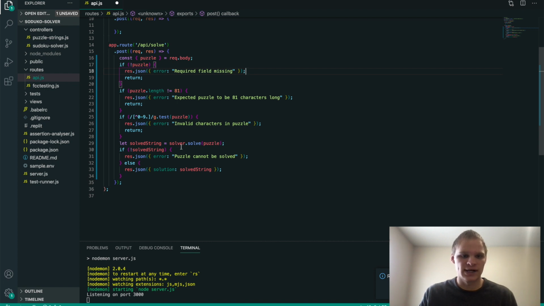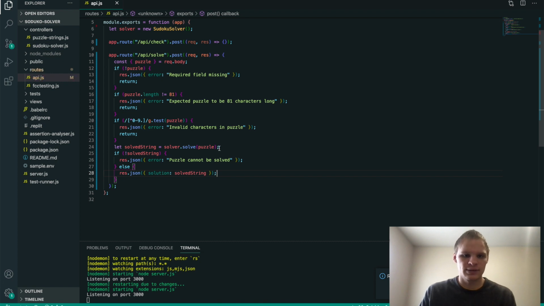If the solver cannot solve the puzzle, then it says the puzzle cannot be solved. Otherwise, it gives us the solution and the solved string. So yeah, pretty simple there. The more complicated part is actually getting it to solve, and there are a couple of algorithms to do this, but I